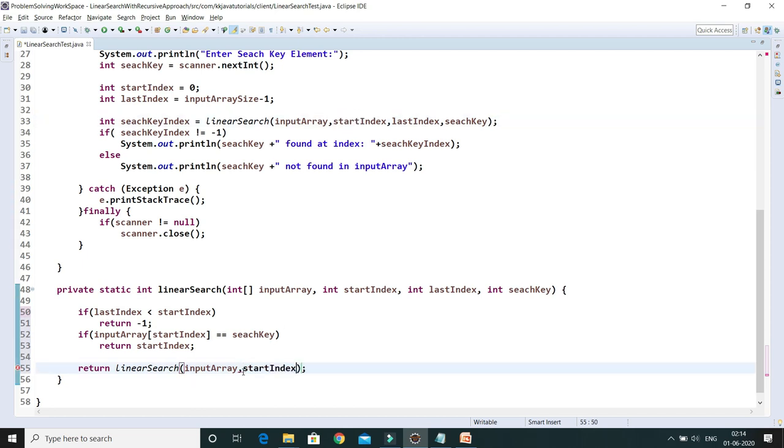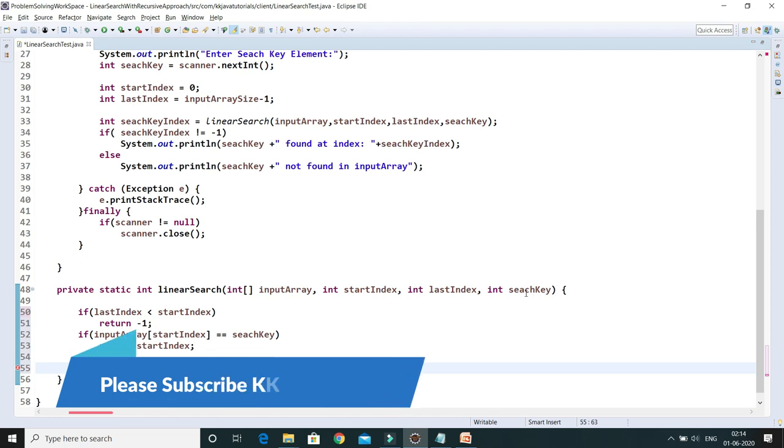The 0th index I have already taken care of, so now we have to increment the index every time by 1. So I'm writing start index plus 1. Third thing is the last index. The last index would be absolutely the same, that would be fixed. Now the search key, which we want to search from the array, right?